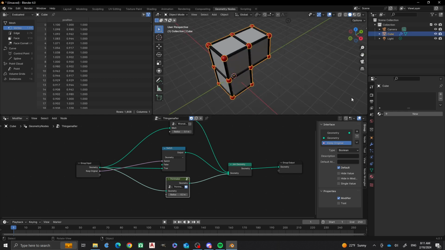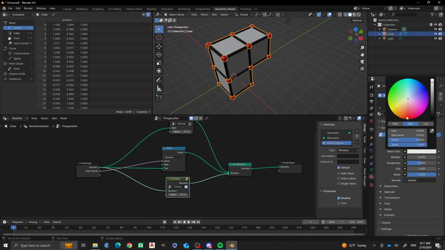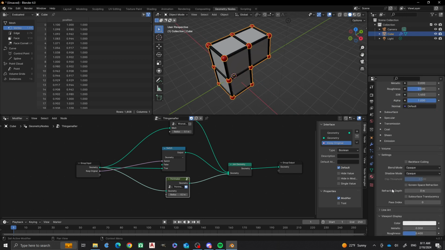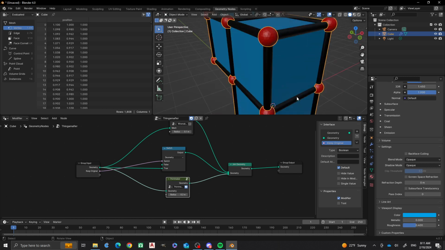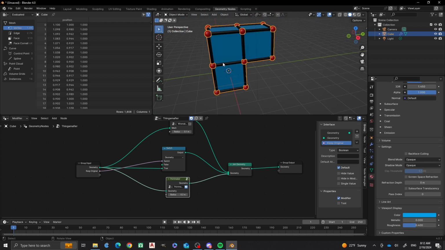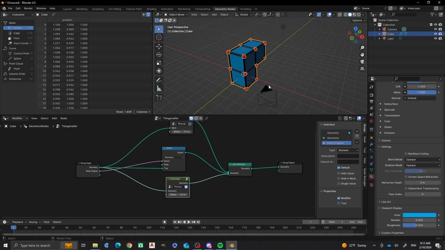So, there you go. And then I can also take this original mesh and I can put a material to it. So I'll say new. We'll just call this base. There we go. Then I'll make this blue. And look at that. Your base mesh now has its own color, but you also have these other things that have colors for their own properties. It's really cool so that if you just add another thing, that's really sweet because now you can